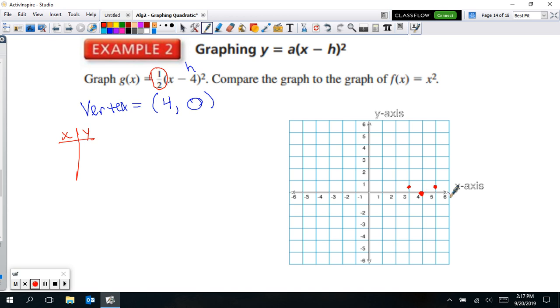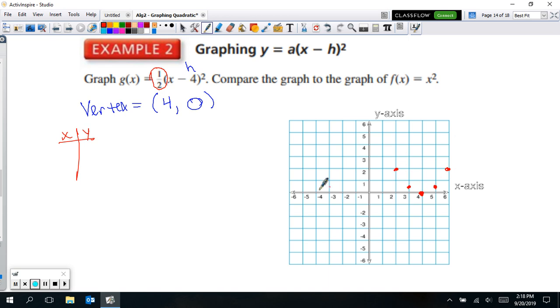What about if we run 2? So if I run 2, we first start to square the 2, right? Square that 2 and get 4. What do we need to multiply 4 by? The half that's in front, right? What's half of 4? 2. So that tells me to go up 2: run 2, and rise 2. There's another point. I can go the other way, run 2 this way, and rise 2. There's my symmetrical points